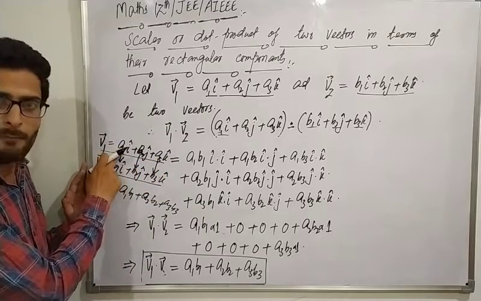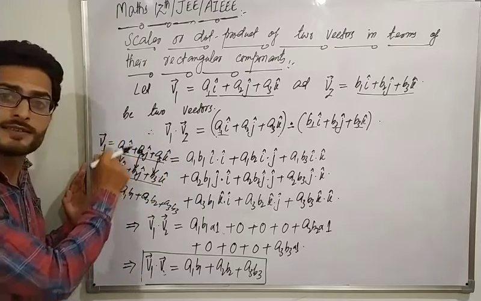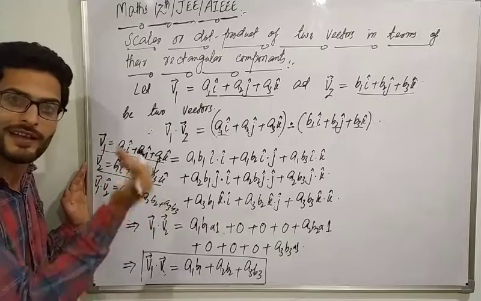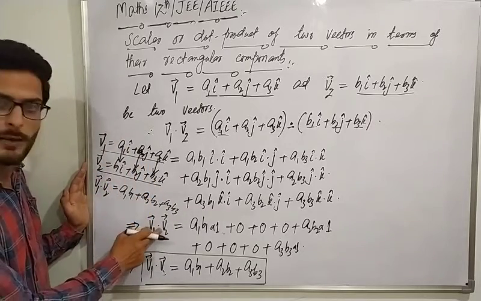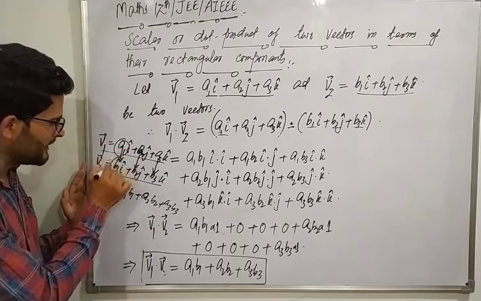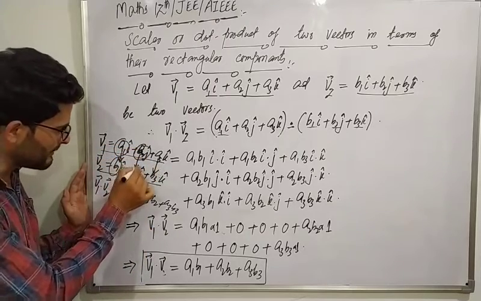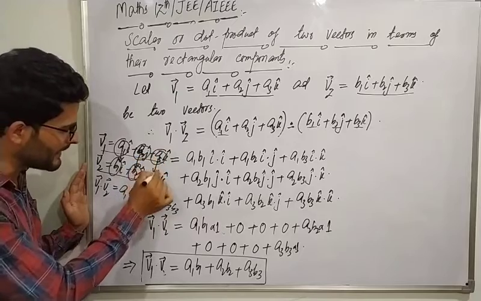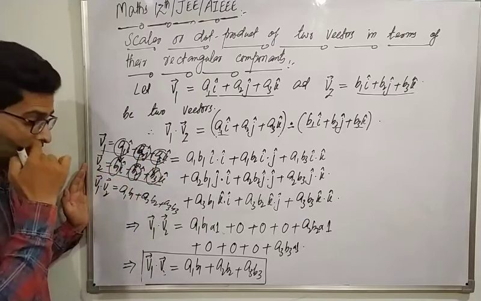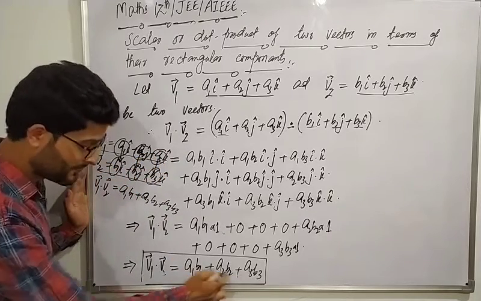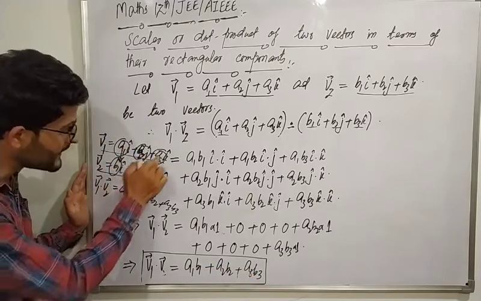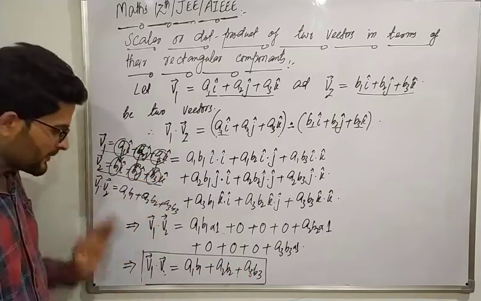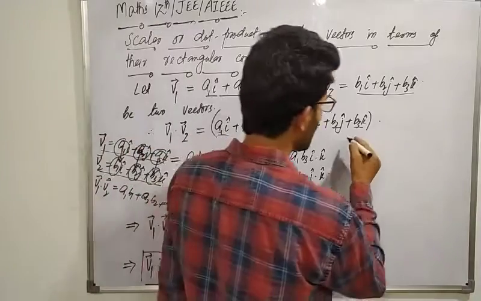So we have to find the product of corresponding scalar components, and after finding their product we have to add them. So the dot product of two vectors, a1 का multiple b1 के साथ plus a2 का multiple b2 के साथ plus a3 का multiple b3 के साथ. So that is the sum of products of the corresponding scalar components. So यहाँ पे लिखेंगे, यहाँ पे mention कर देंगे, that is